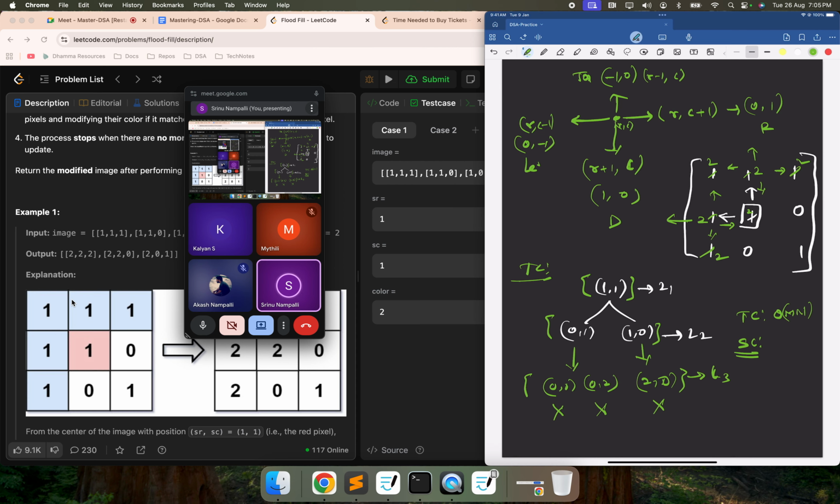What is the space complexity? We are adding all the elements to the queue, right? The worst case is if all are ones. Even if all are ones, then what do you do? You will add only 4 elements, right? Then the other 4 elements will add the next level of elements,